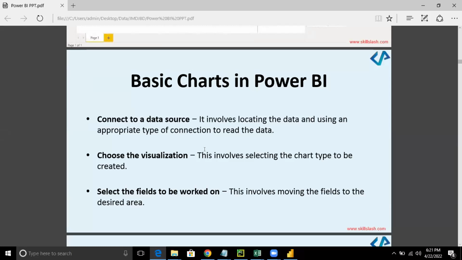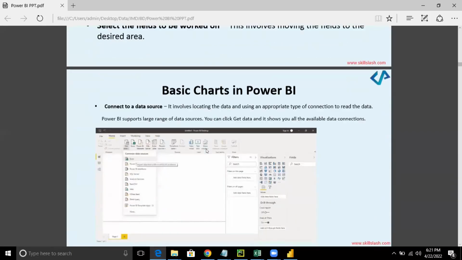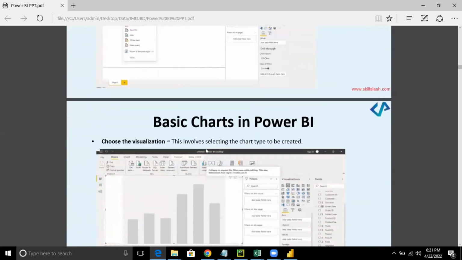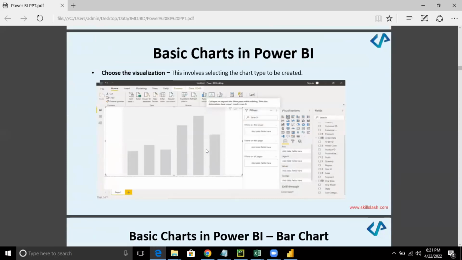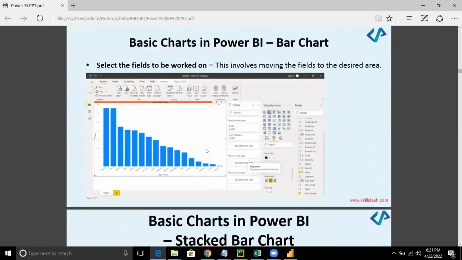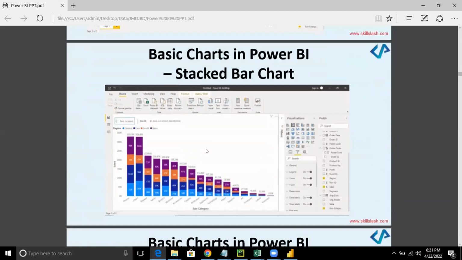All right, everybody. Now, basic charts in Power BI, any chart you have to create. First, what is the first step? You will first of all link it to a data source. You will then choose what kind of visualization and the fields, right? So yesterday I showed you a bar graph, a pie chart, a couple of charts, and today one by one we are going to start making those charts.